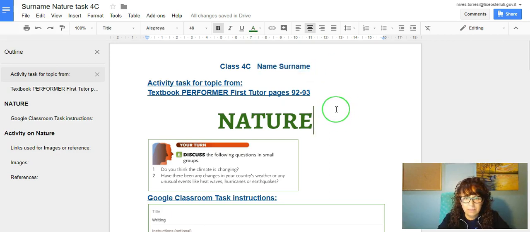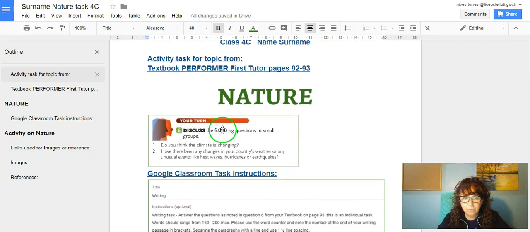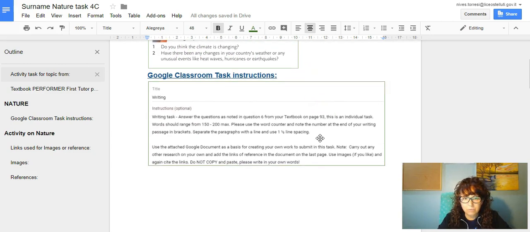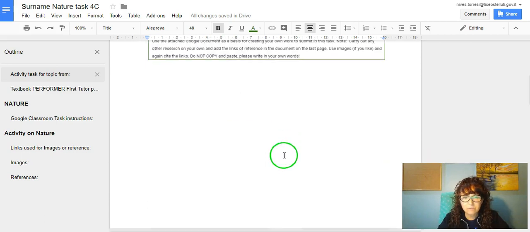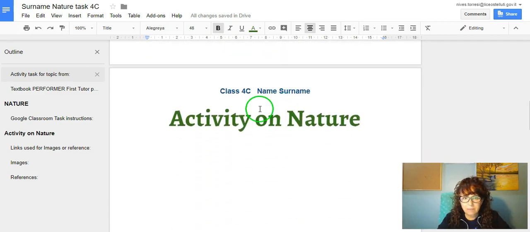Okay, so this is what it's going to look like. The first page goes over there's an actual clipping of what you have in your textbook. Again, this is not a group task, but it is an individual task. Here are the instructions, and then on this